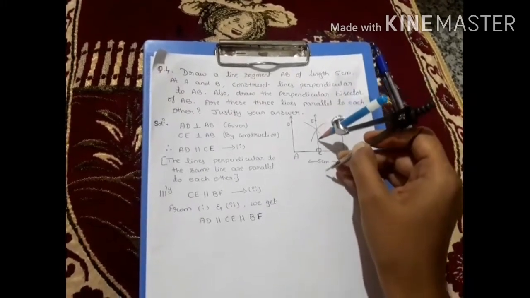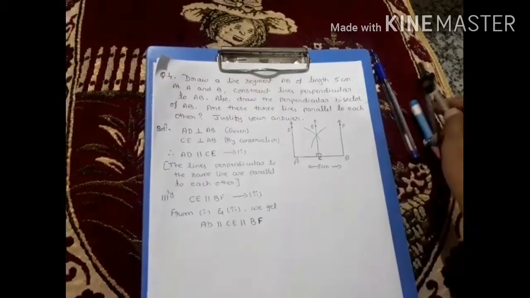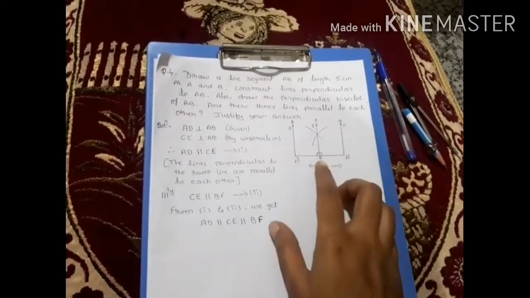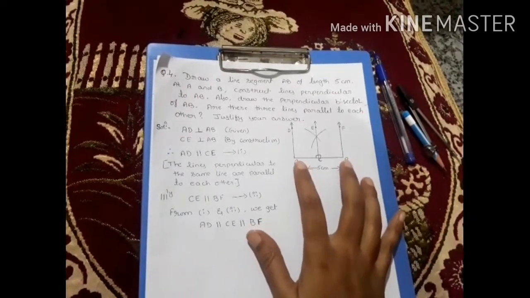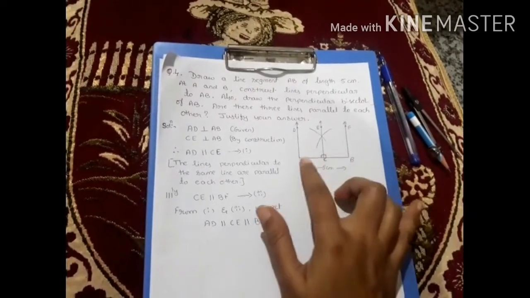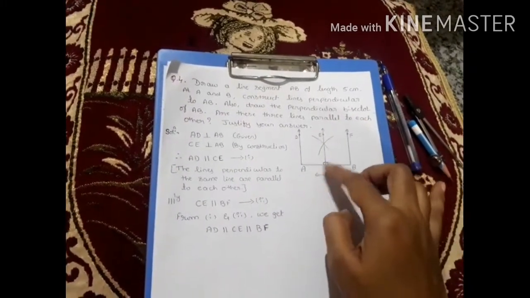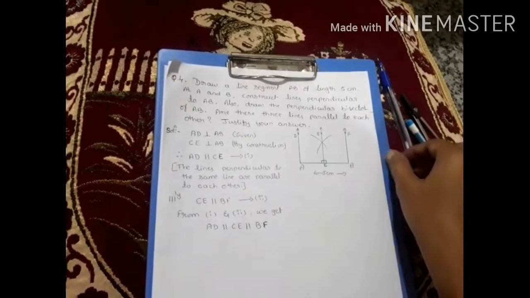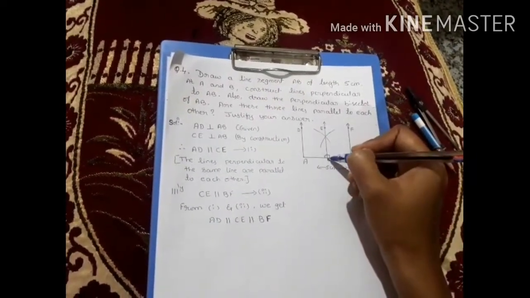From there you have to draw a line which touches the line AB here, and give the name CE. C is the point where it bisects the given line segment AB into two equal parts, and CE is a perpendicular line which forms 90 degrees on the line AB. So this is the perpendicular bisector. CE is a perpendicular bisector.